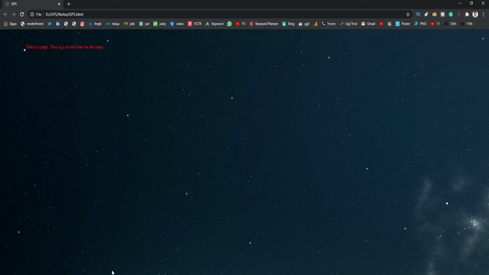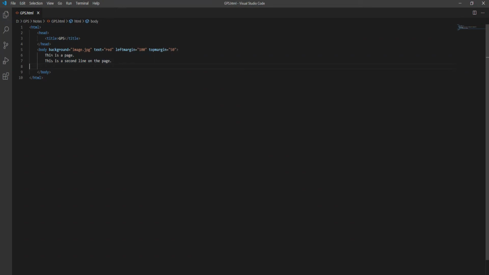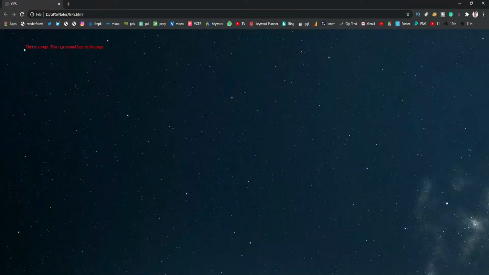Then what can we use? We have to use the paragraph tag here. How will we use the paragraph tag? We have to use the p tag, and write this line under the p tag just like that. Again we use the p tag for this line also, like that, right? Go back to the page, refresh this page, and as you can see these two lines are showing on different lines, right?